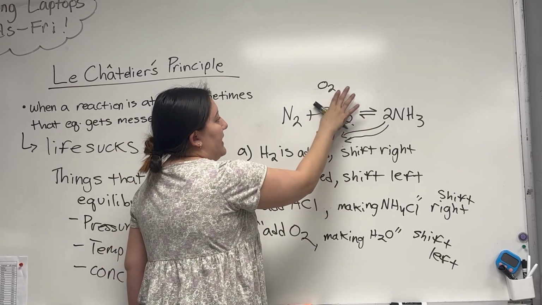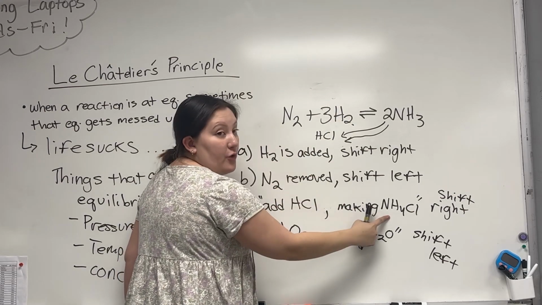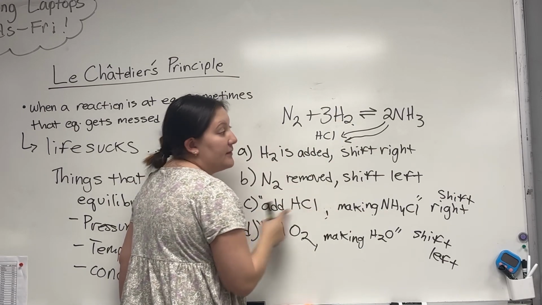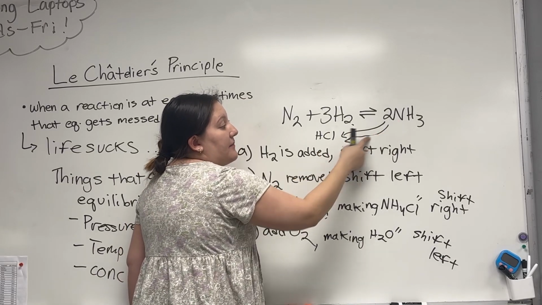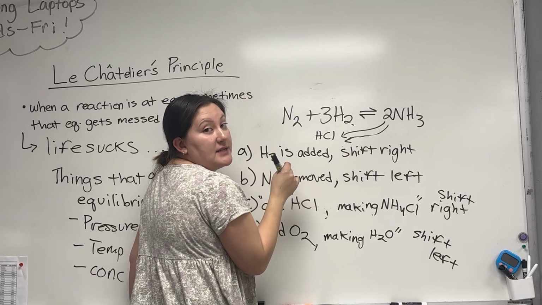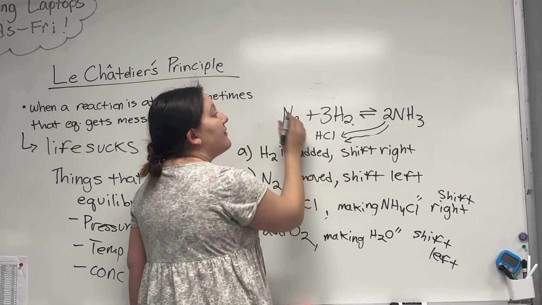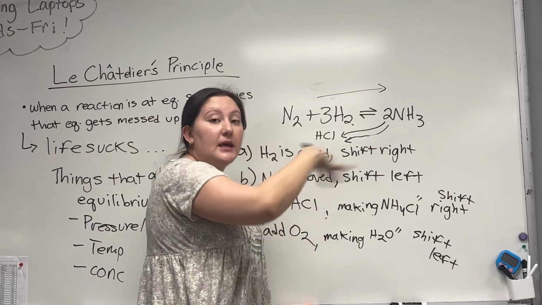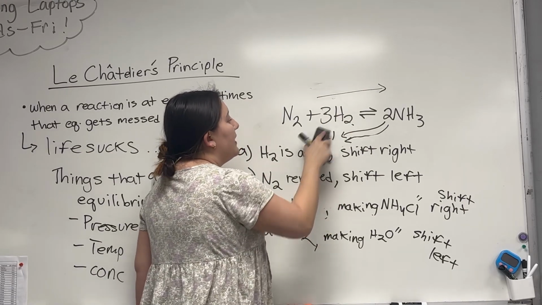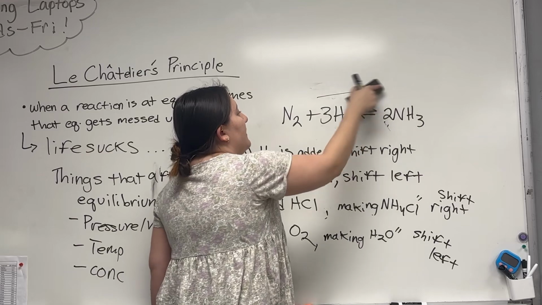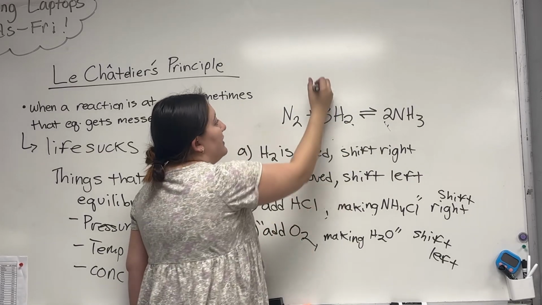So again, one more time with these last two because they are a little bit strange, okay? If I'm adding in HCl and it's making NH4Cl, again, you're given that whole thing, the HCl is going to be taking away the ammonia. Okay, so if I'm taking away ammonia, I'm creating a gap where the ammonia should be. So my reaction will go towards the ammonia to make more of it, to fill in that and correct that.